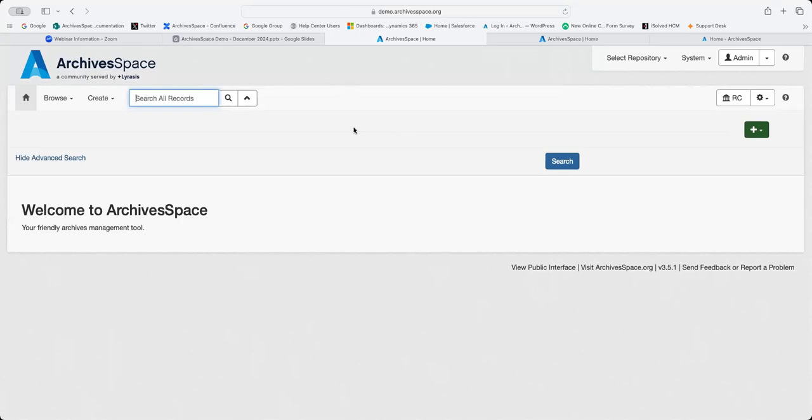So one question is, is there a migration tool from Calm? And I know Calm, we've heard from a number of institutions in the UK specifically that use Calm. And it may be used in other places as well. We just happen to have heard from people in the UK about it. So there isn't a specific migration tool from Calm the way there is from Archivist's Toolkit, as Jessica mentioned, but we do know that it is possible to migrate from Calm to ArchivesSpace. We know of institutions that have done it.